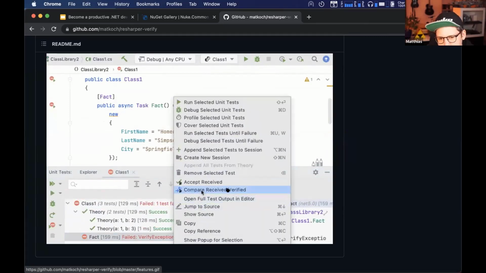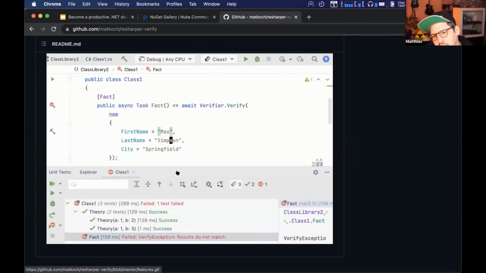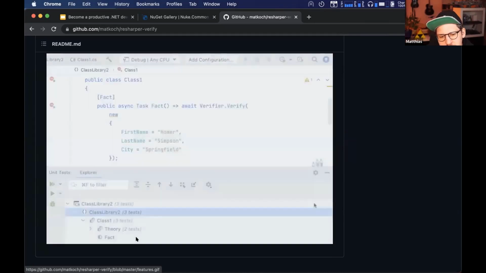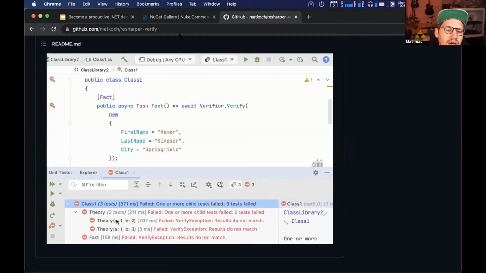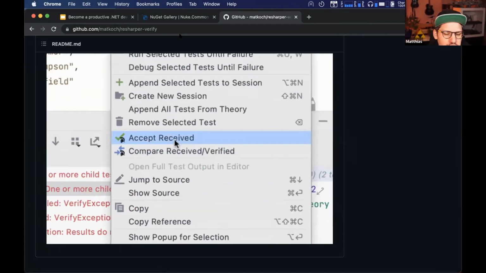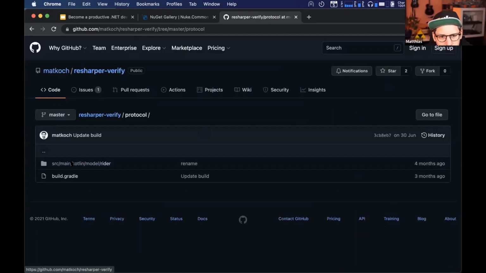And for another one, we might want to compare the outputs. Then it will open the compare window, and we can actually fix that and then rerun again, and then they're fixed. So that was another plugin. That was probably the coolest because this one used something where the backend and the front end are actually communicating. So if you go to protocol, for instance,